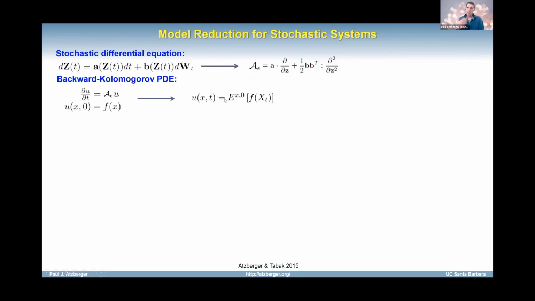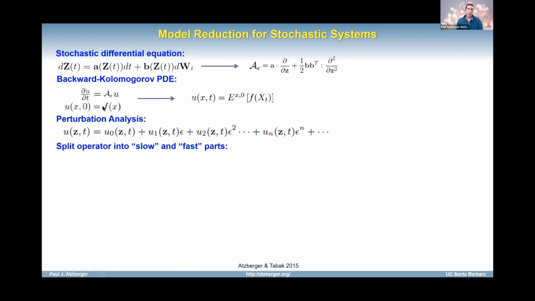Now, what's nice about this is I can do asymptotic analysis in terms of this PDE, instead of having to do it in the language of probability theory, which is much more intricate and technical. The nice thing about PDEs is we can use fairly standard techniques from calculus and asymptotics. And so what we're going to do is a singular perturbation expansion of this backward Kolmogorov PDE, and we're going to assume that we can expand in this form, right? So we're going to basically have order 1, order epsilon, and so on down the line.